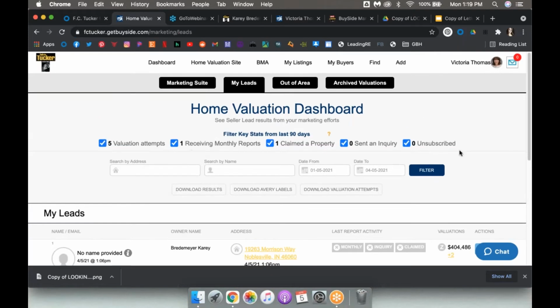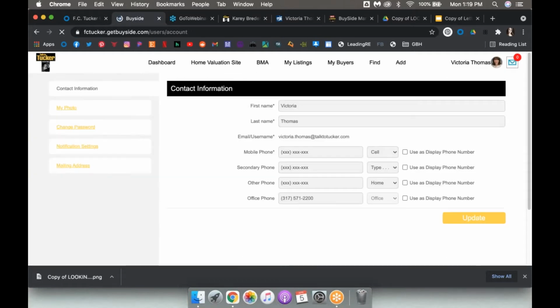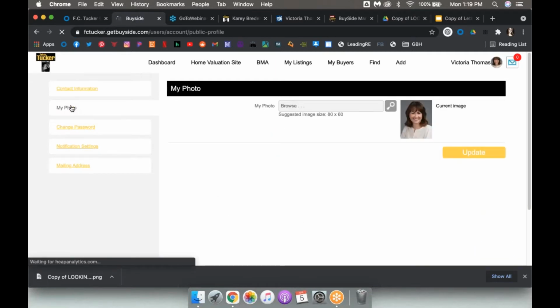The one thing I do want to mention really quickly is that the first time you log into Buyside, it might ask you to set some of these settings, but if you have logged in before and maybe didn't do any of the setup, or it's been a while, if you come into Buyside and hover over your name in the upper right-hand corner, you have some account setup things that you can do. So I'm going to click on my account. You can edit your contact information. You can upload a photo, but the one thing I want to make sure that you do is under notification